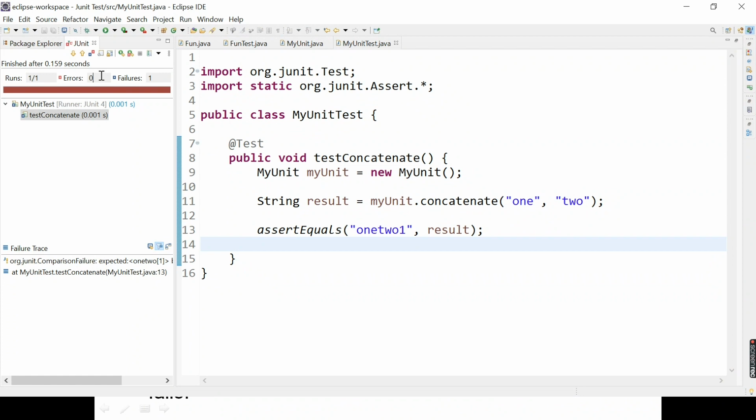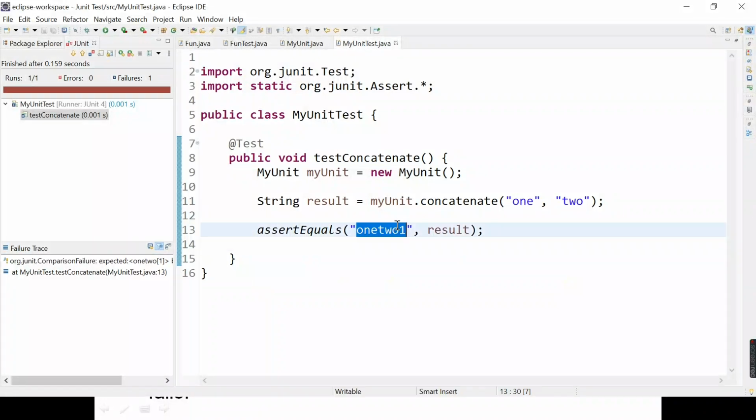If you have any logical error or syntax error, it shows errors, but here errors are 0 and your assertion fails. That means the result is valid, but it does not match the value you have passed in assert equals. The actual result is 1, 2, but you are comparing with 1, 2, 1. That is why the test case fails. So the number of failed test cases is 1.